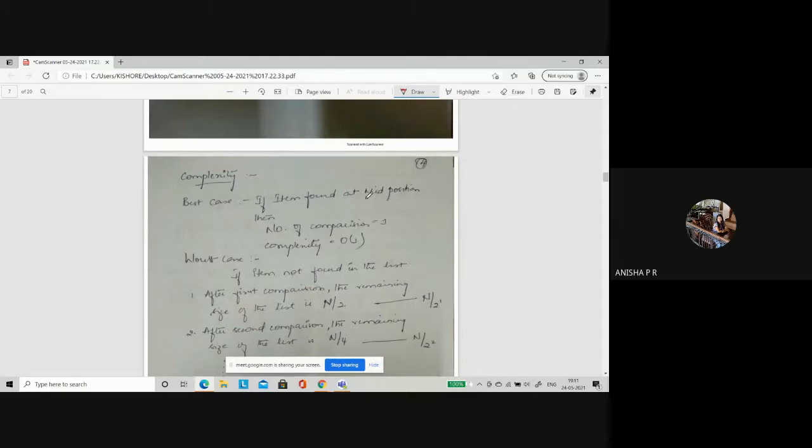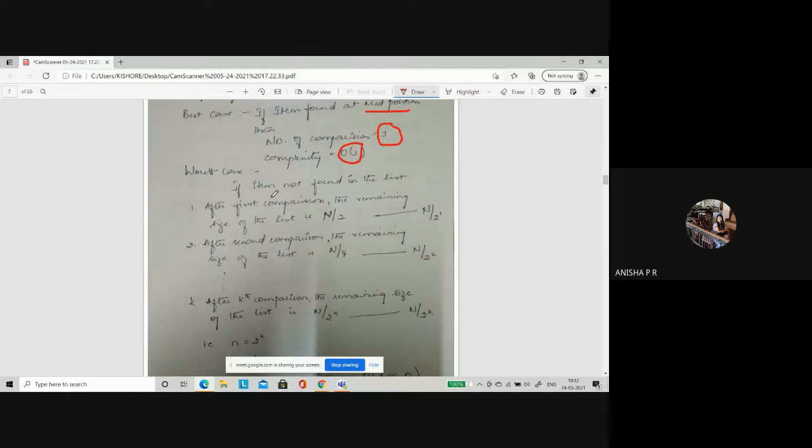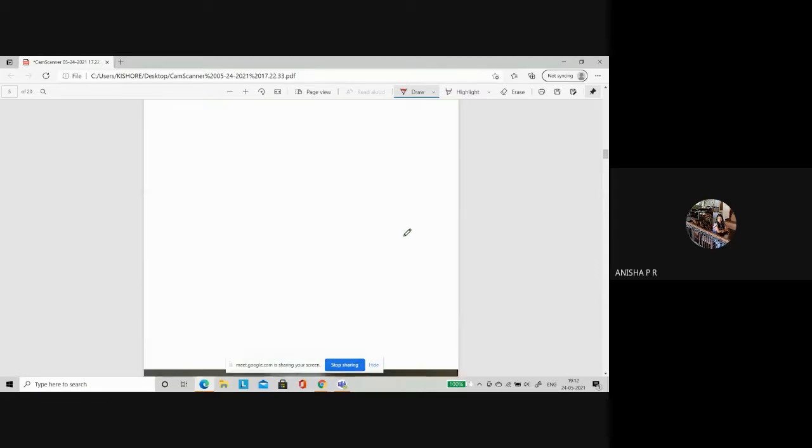If the item is found at the middle position, the moment you find the middle, you immediately found the element. So directly the number of comparisons is only 1. So what is the complexity? Of 1. Right? Now assume the worst case, that the element is not equal to the middle element. What will happen? You will again divide. First comparison, it was not equal. You will divide your entire array into 2 parts. That is, if there are n elements, it got divided into 2 parts. The first time, it became n by 2. Still you did not find it, like in this case.